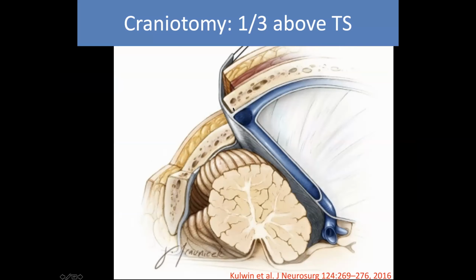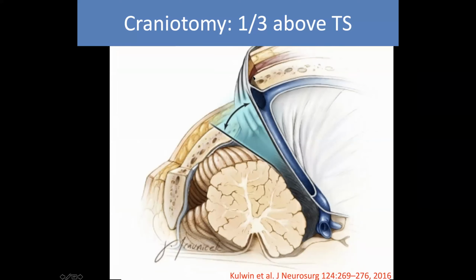This illustration is an excellent demonstration of why, in addition to having a wide medial lateral craniotomy, you want to make sure you expose the transverse sinus. In this example, the transverse sinus was not exposed, the dura was open and reflected superiorly, but as you can see, the working corridor of the supracerebellar space, which is already a narrow corridor to be working through, stays quite narrow. However, once you extend the craniotomy above the transverse sinus, and you do tack-up sutures on the posterior fossa dura, in addition to on the tentorial dura, you're able to open up that space, and you'll get precious millimeters of exposure in the supracerebellar space that will be absolutely critical to improving your exposure.